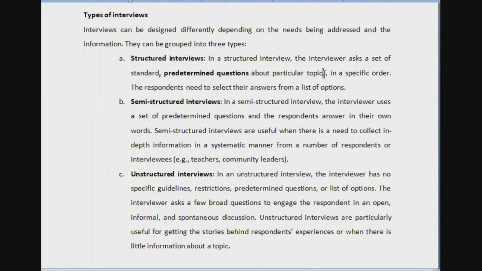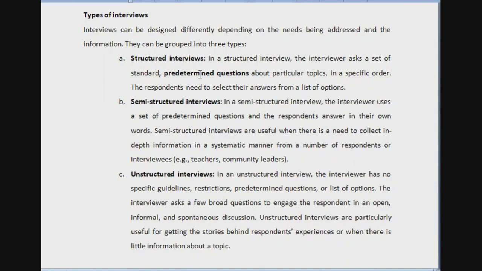That means in structured interview, I will know that these 5 are the questions that I want to ask you. Maybe I will even give you options. Do you have your exam this month, next year, or what? I can give you options also. I will decide that these are the questions that I want to ask you, and this is the sequence in which I want to ask you. Maybe first I want to ask your name, from where do you reside, then college, university. There will be a sequence. Accordingly, I will ask you whatever is planned.